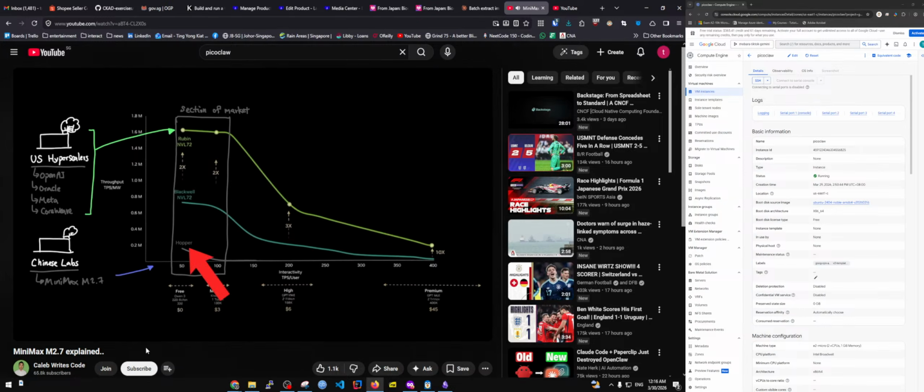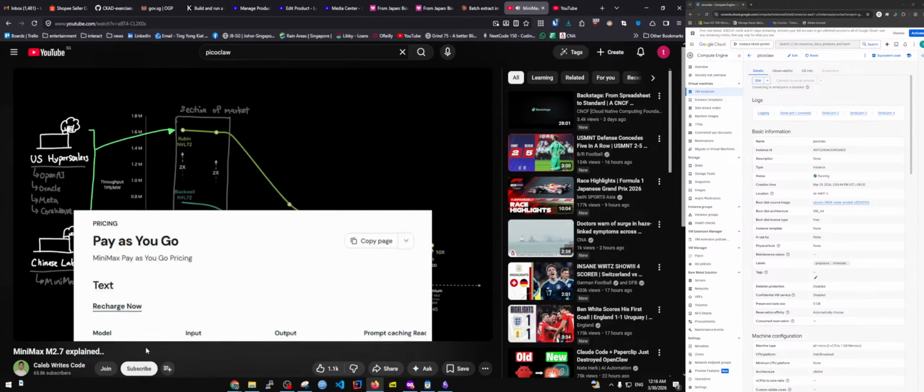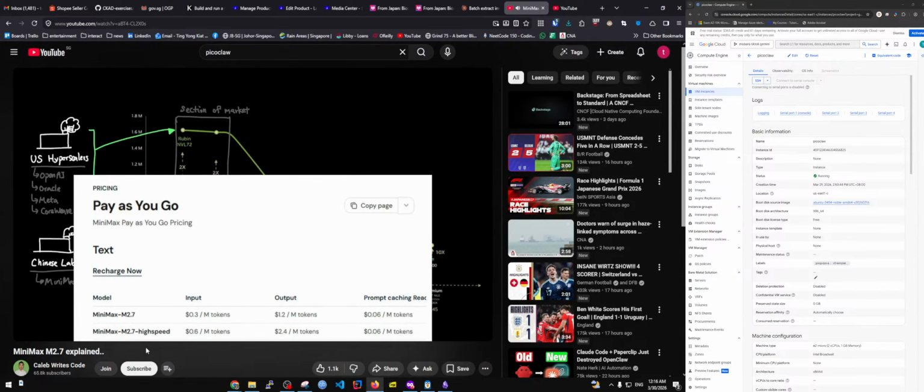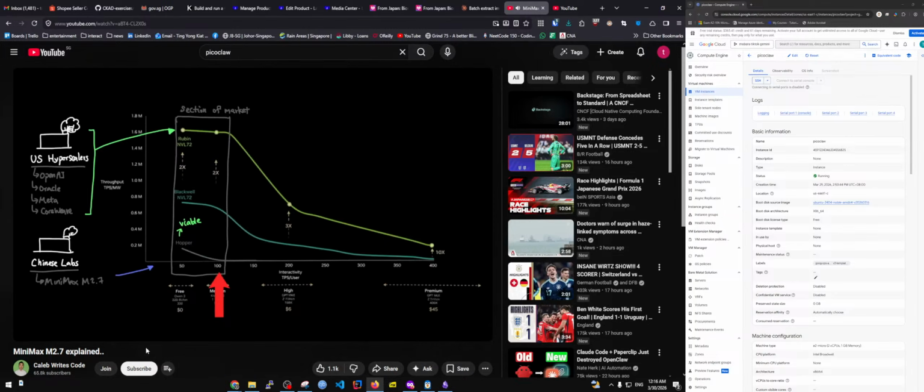And the Hopper architecture is still viable. Minimax M2.7 is being served at 50 tokens per second in speed, which is right in this chart. And their high-speed version that charges 2 times in cost is likely offered at a max of 100 tokens per